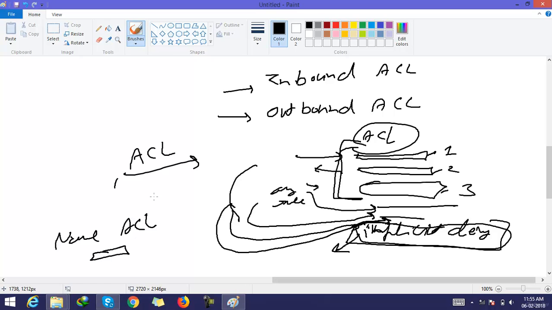The next important thing about ACL is access lists are designed to filter traffic going through the router. They will not filter traffic that has originated by the router. For example,